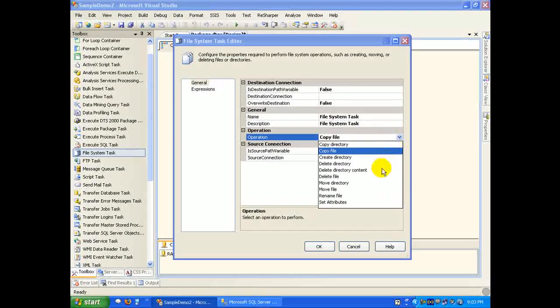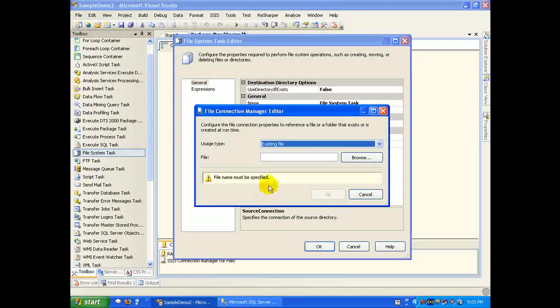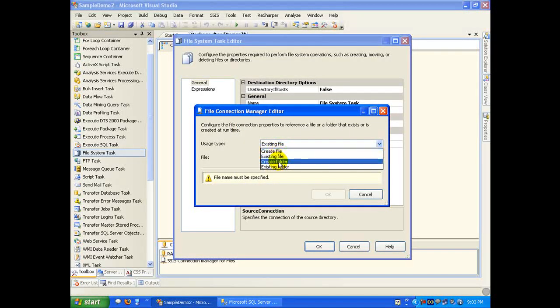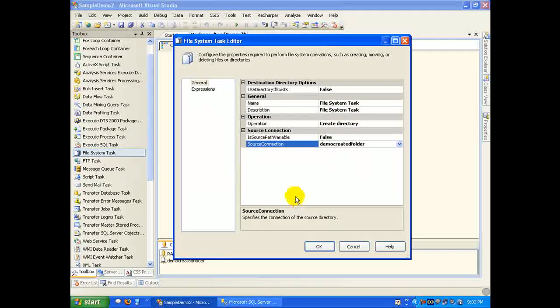To keep the demo simple, let me do an operation like, say, creating a directory. Set up a connection, and I'll say create a folder, say demo created folder. Click on OK.